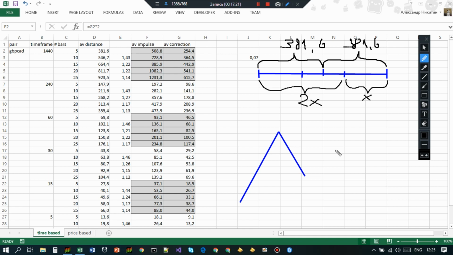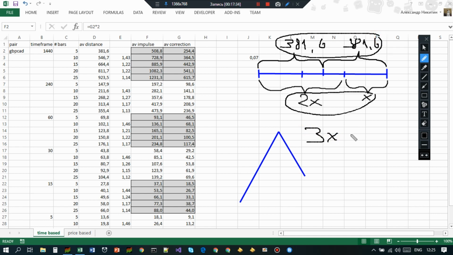Okay, so what is the formula then? We know that the total distance of this is 3x, and we know that the total distance in pips here is 381.6 multiplied by 2, so x equals this divided by 3. This is the formula: x equals 381.6 multiplied by 2 divided by 3, and this way you know the size of correction. Knowing that an impulse is twice more than the correction, you get the average impulse size